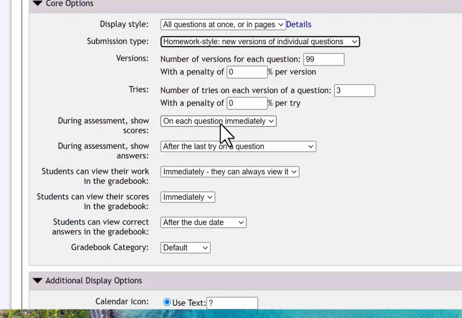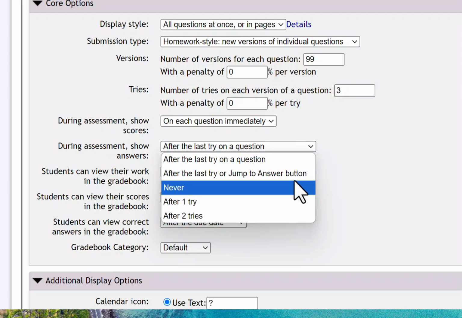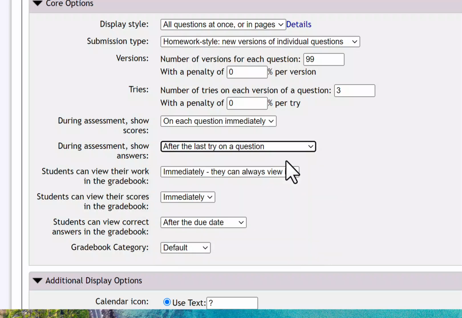I want them to know if they're getting the question right or wrong. And you can see that I don't have another choice here because of the settings I selected above. During the assessment, I have the shows after the last try on a question. And again, you can see there are different choices, but I want it after the last try. That way when they get it wrong, they can see that answer on the 3rd try and then maybe adjust